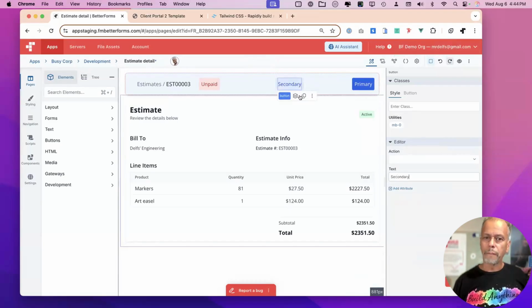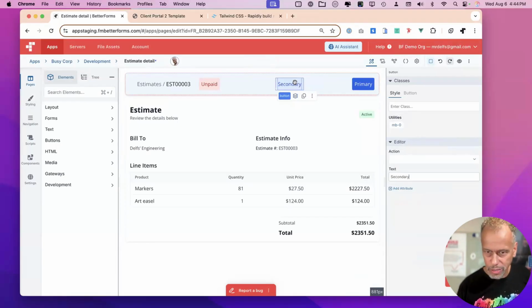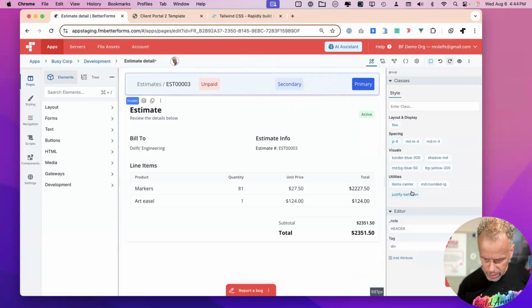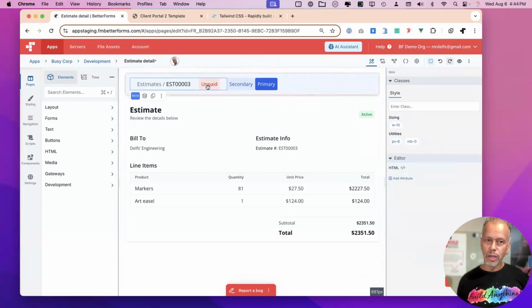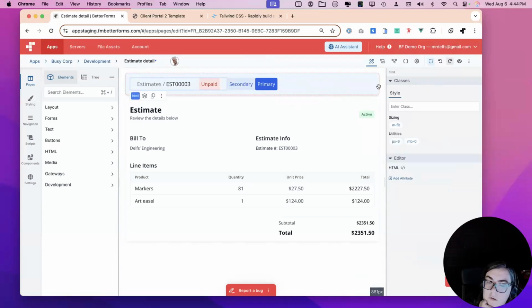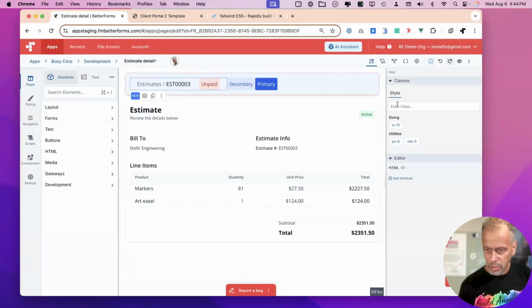There we go. That would be like a cancel or a print or something else. We want it beside. So what we actually do, instead of justifying all of these things in between like that, I'm going to delete this. I would make this one greedy. To make this greedy, I want it to hog up all the space and push these guys over to there. So what I'm going to do on this one here,